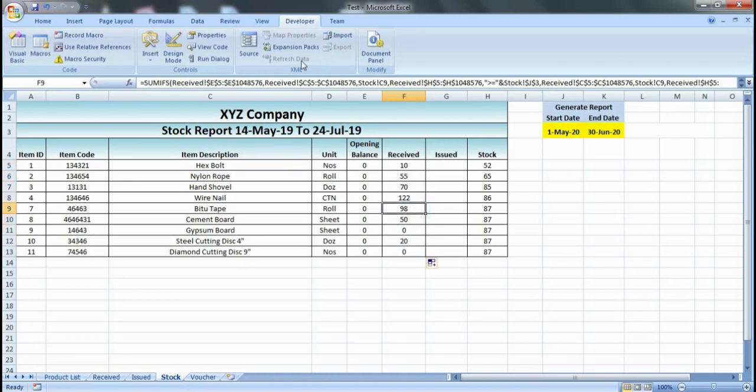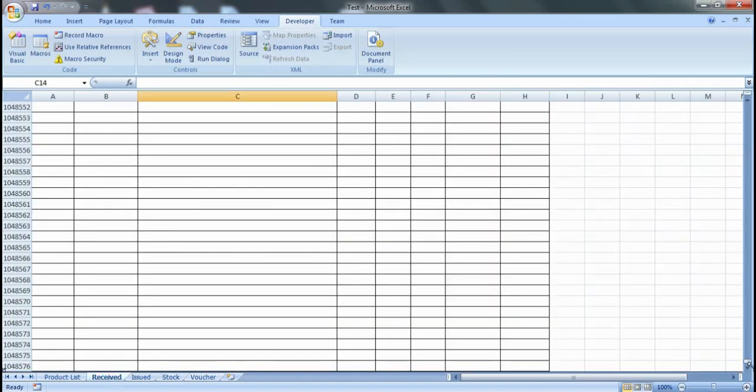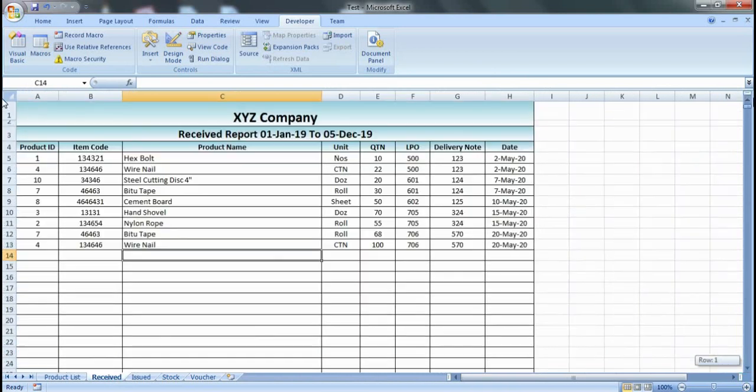Before I explain it again, I'll just show you the result. You can see here, for example, hex bolt is only mentioned one time and the date is 2nd of May.